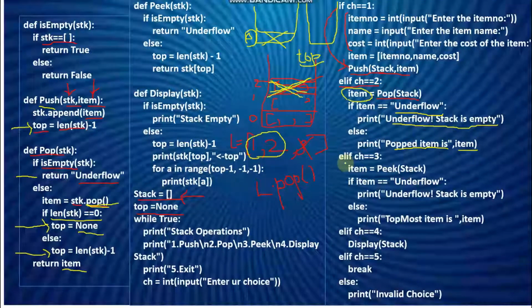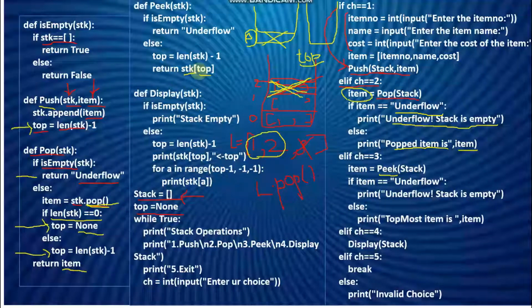Alright, so coming to the next choice, I'm going to find the element which is available at the top. What is the element which is at the top of the stack at any particular moment? How to retrieve that? For that we have the function called peek. It is very simple and easy. As I have told you earlier, the name of the stack is stk, and the index value which I'm going to pass on to the stack is nothing but the top.